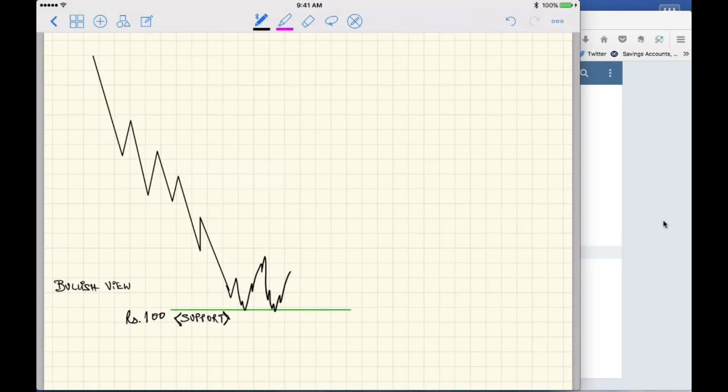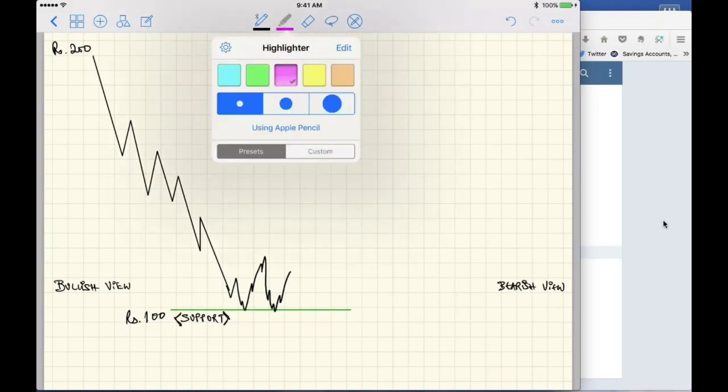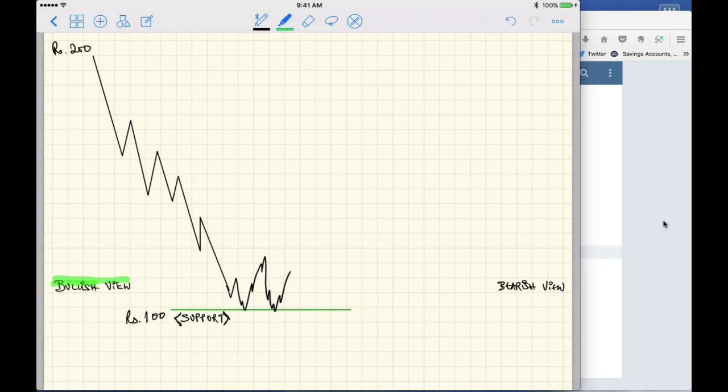On the other hand, the other person who's looking at this chart sees that this stock has corrected from 200 to 100 and it's in a very, very weak trend. He has a bearish view and he decides that if 100 breaches, then I will go short, I will sell it. So one person looking into the same chart creates a bullish view and waits to buy close to the 100 level. The other person looking into the same chart believes that the chart will fall further and he has a bearish view. It's completely all right.